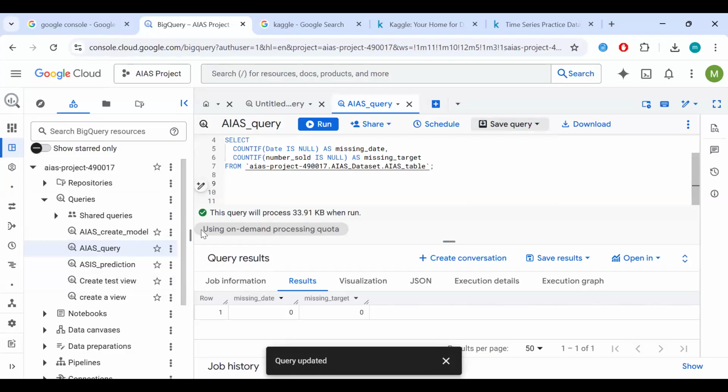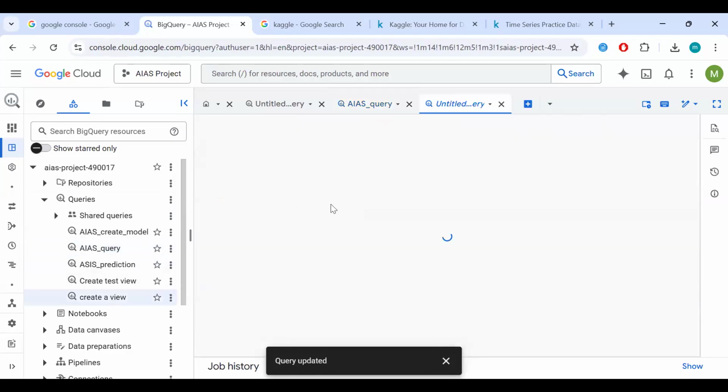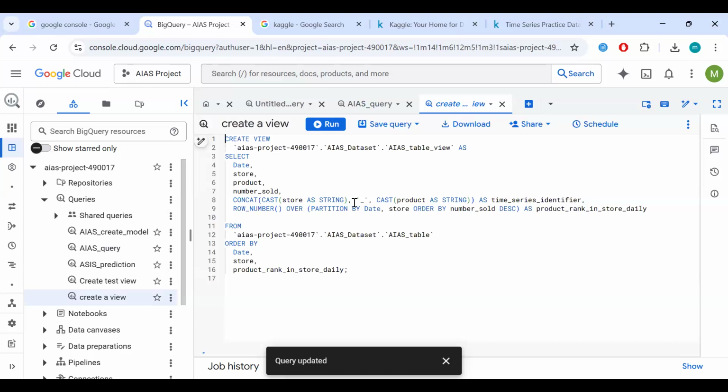So we're going to modify some code and see how best to feed it to our model. Okay, so here we go. Now, to create a view basically is feature engineering, right? So it's a different view of our original table, like the name implies. Right, so you use the SQL code CREATE VIEW, right? And then we'll tell it where we want to create this view.